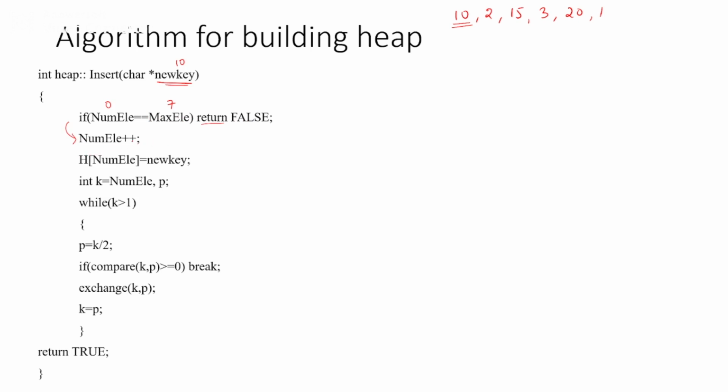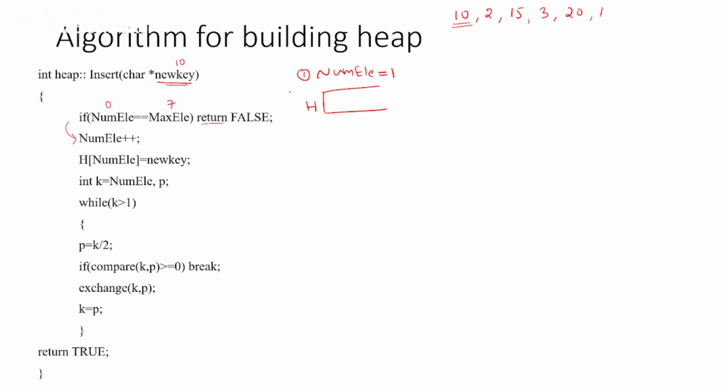Now num element plus plus, that means you are going to increment the num element value by 1. So in the first iteration your num element will be equal to 1. Now I am going to define a heap array h.